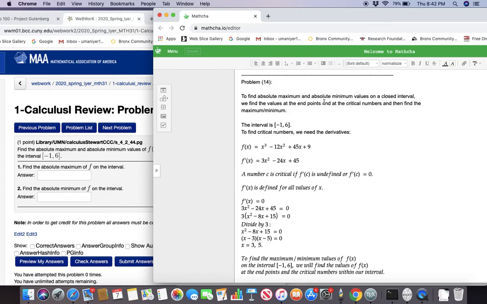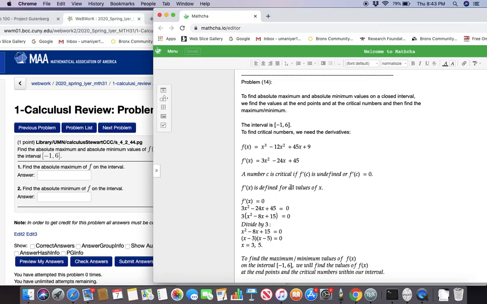To find absolute maximum and absolute minimum values on a closed interval, we find the values at the endpoints first, and at the critical numbers within this interval, and then